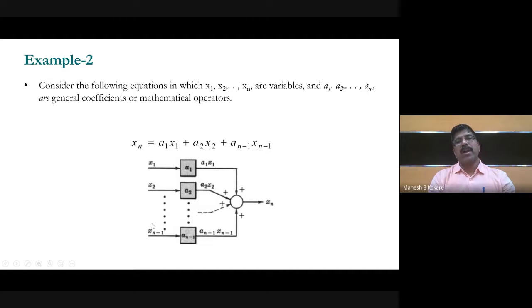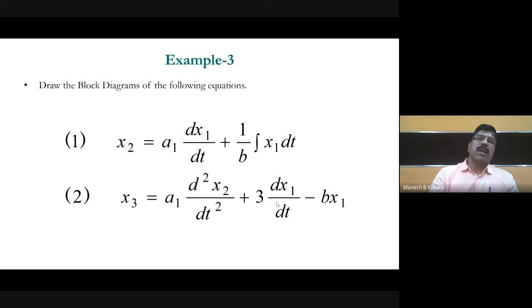Dot, dot, dot. And then xn minus 1 is multiplied by an minus 1, so you'll get this signal. It is added, and finally you get the xn. In that way, you can represent the mathematical equation with the help of a block diagram. And then overall, we can find out the transfer function by reduction of the block diagram, and so on. Now, this is another example. How do you represent this? Basically, there should be one block with a gain, then another operation d by dt, then the gain of another block, and then an integration operation, and so on.